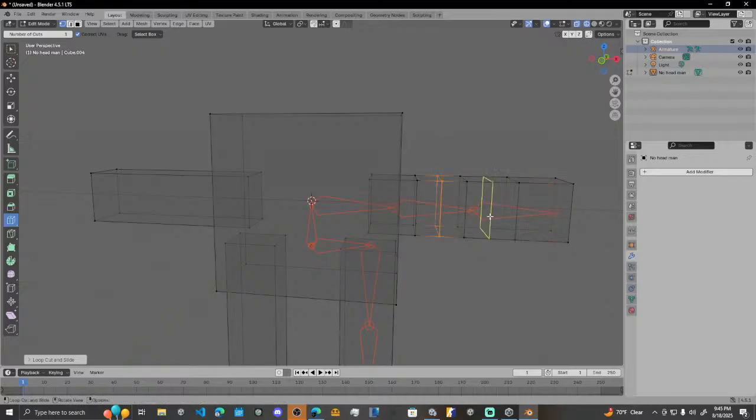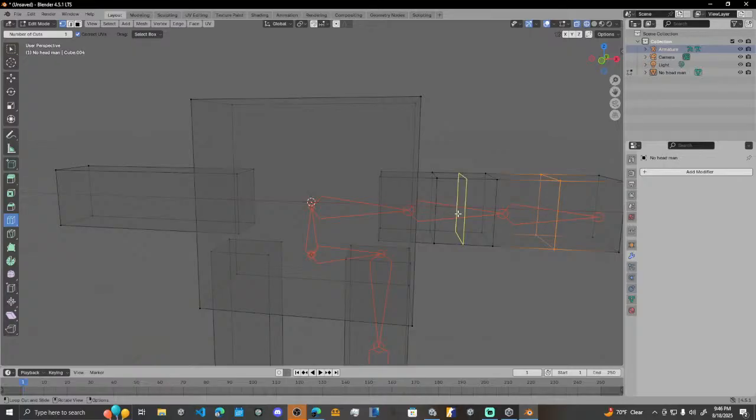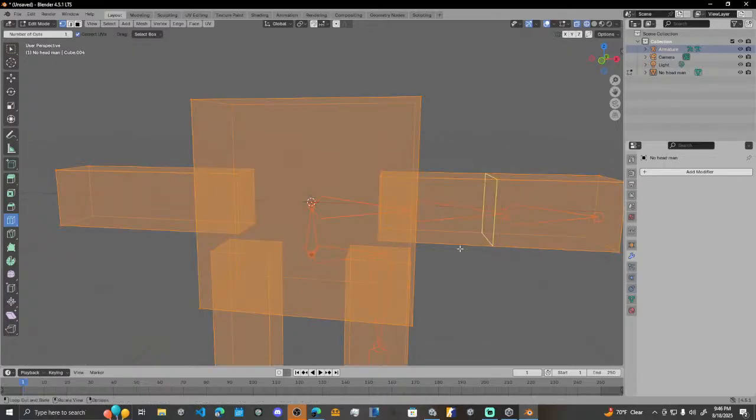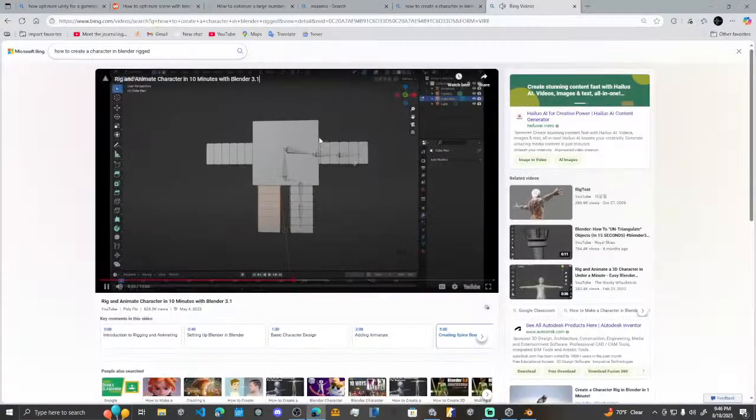Same with the legs. Just scroll on your middle mouse wheel, add some loop cuts, and then technically you can go here, and we'll just go like that. Okay, so now when we want to bend it, it actually has the ability to bend instead of being perfectly straight. But we're not done there. Let's do Shift Z again, and right now let's select the